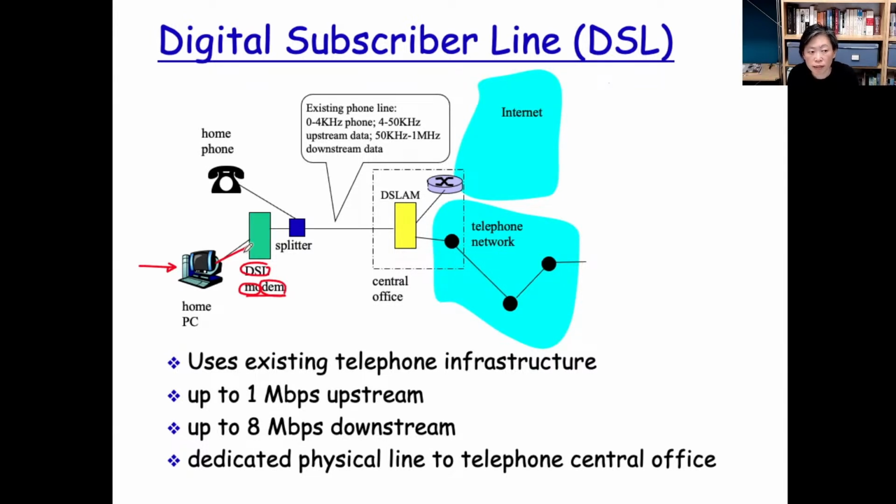So what it does is, the email coming from your PC is in digital form. It's going to be converted to analog form, so it can go on this cable and be multiplexed potentially with analog phone calls coming from the phone set. These together can travel the cables and reach the central office of the service provider. And by the way, very often the telephone service provider is also an internet service provider.